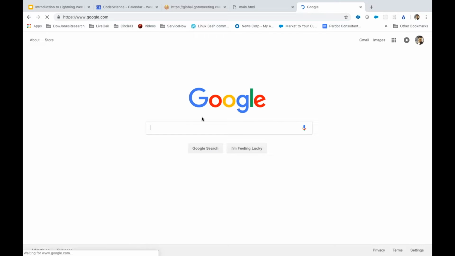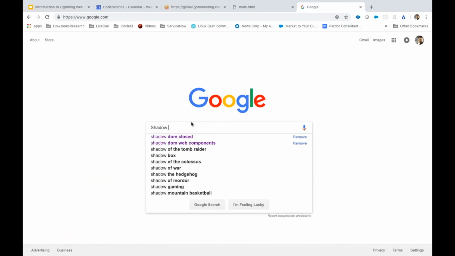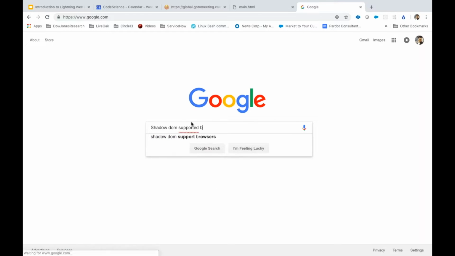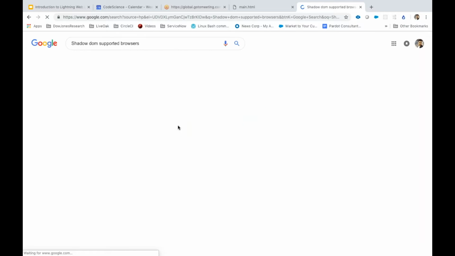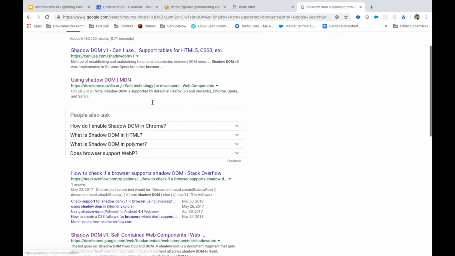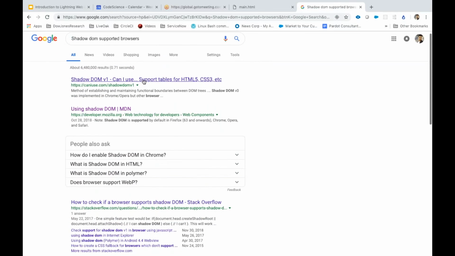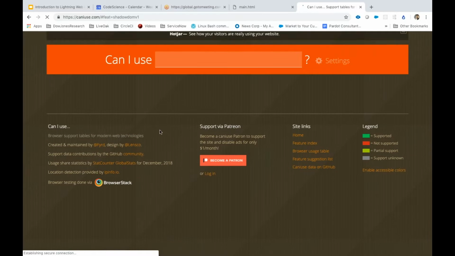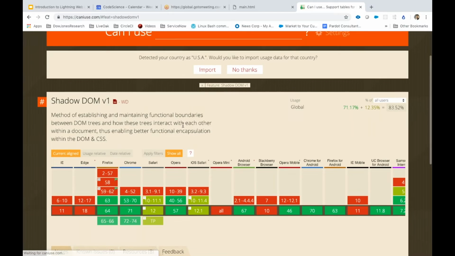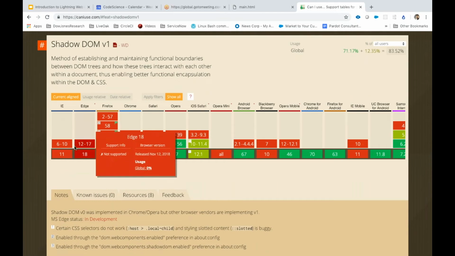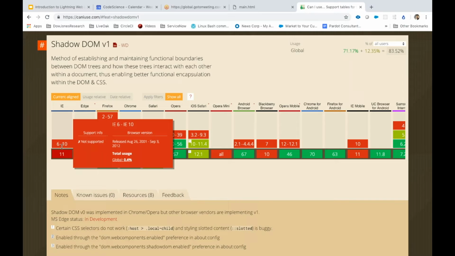So again, shadow DOM is a concept. Not all the browsers support shadow DOM, and we'll look at what happens if a browser doesn't support the shadow DOM. So shadow DOM supported browsers. Let's Google this and see which browsers support shadow DOM. So, Can I Use. As you can see, shadow DOM is,